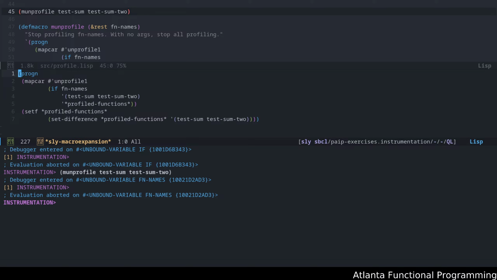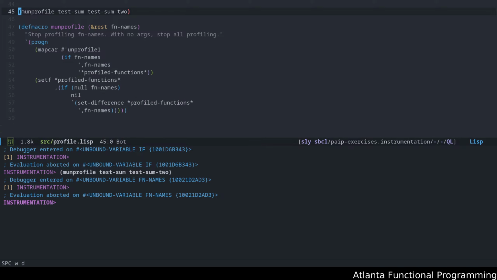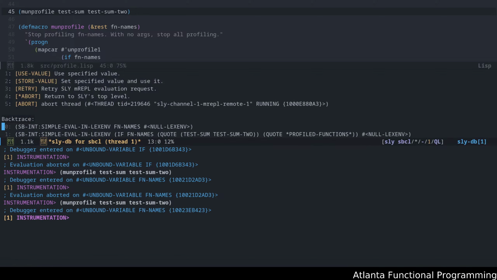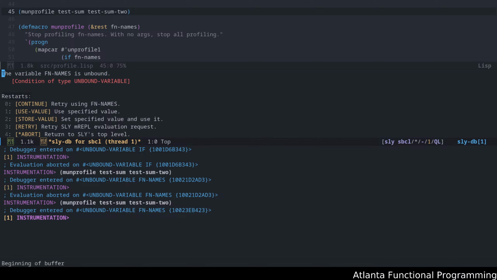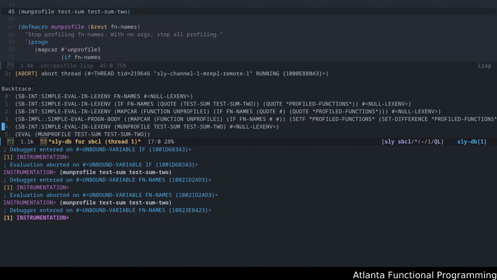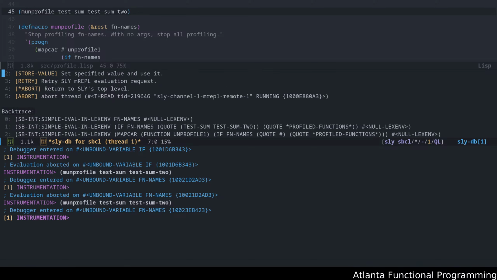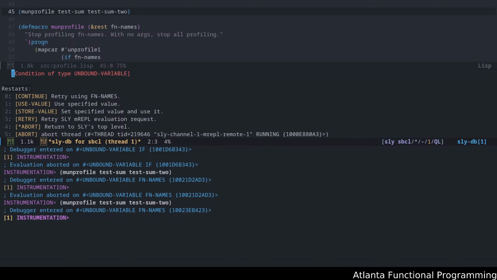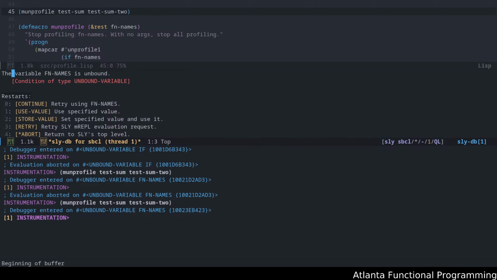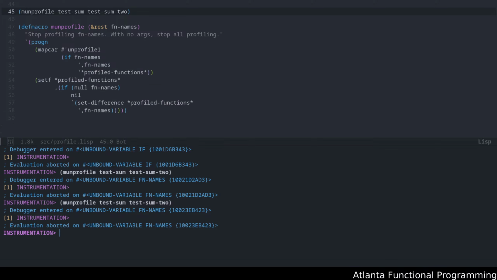We just had to unquote it. We didn't need the nested quote at all. So let's go ahead and fix that. And if we call this, okay, we have another bug, but what is it? If fnames is unbound, where is it getting the, okay, I see. I see. In the macro expansion, I'm going to also have to quote this guy.